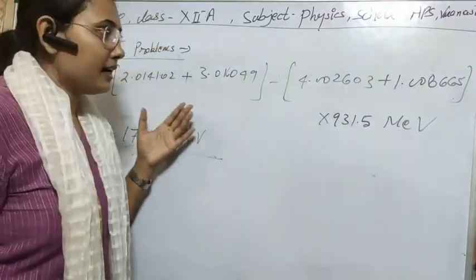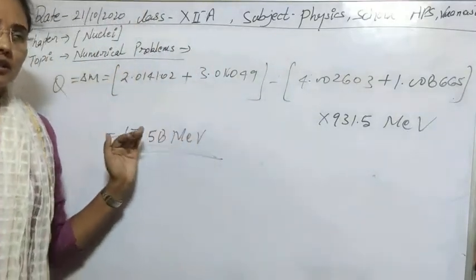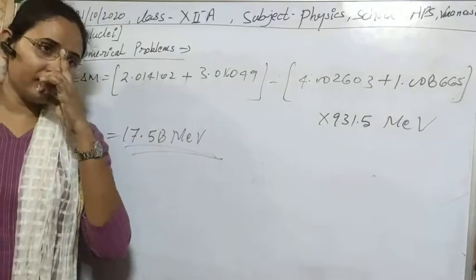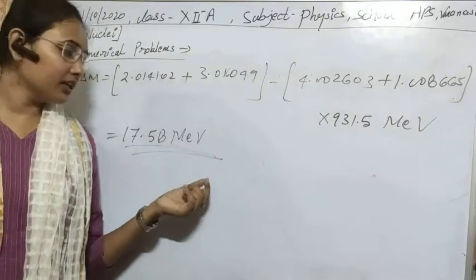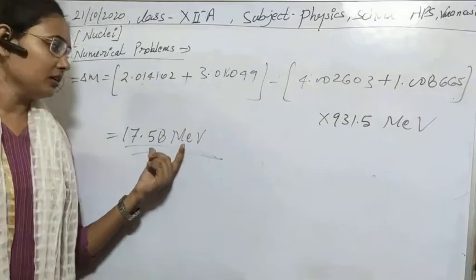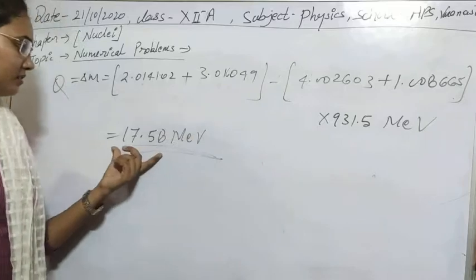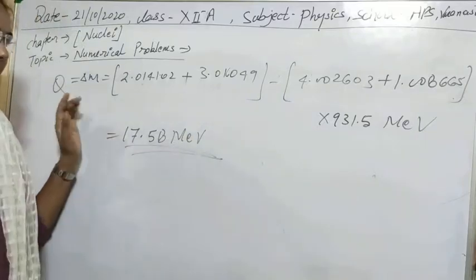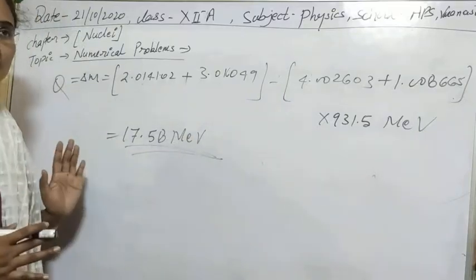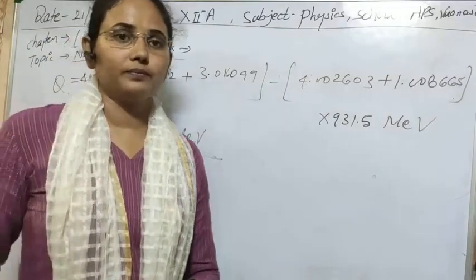We can understand it because in nuclear terms, in nuclear fission or fusion, a large amount of energy is emitted. That's why we always try to convert it into mega electron volt, because this unit is used for a huge amount of energy. So I think in all these processes and calculations, there is no problem now, for all of you.